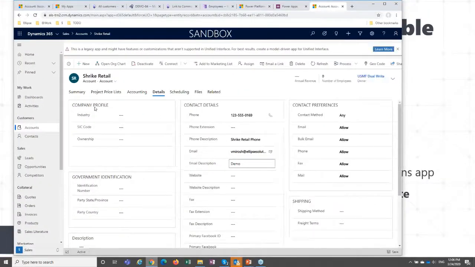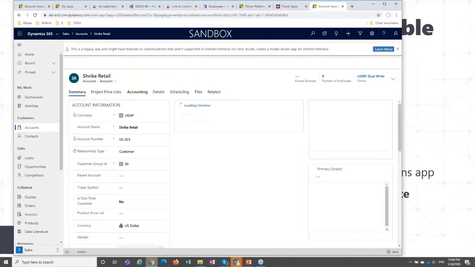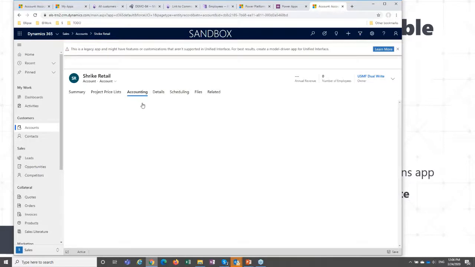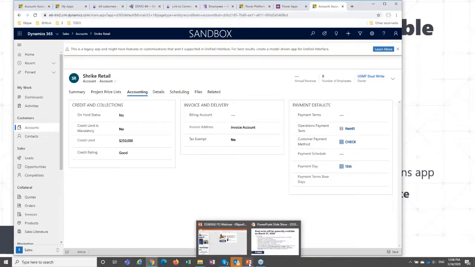Where is the refresh, by the way? Yeah, here, so refresh. And that should be on accounting tab page. I didn't show you originally that it was first here or empty, I don't remember. But yeah, here you go, so 15. So it all works.